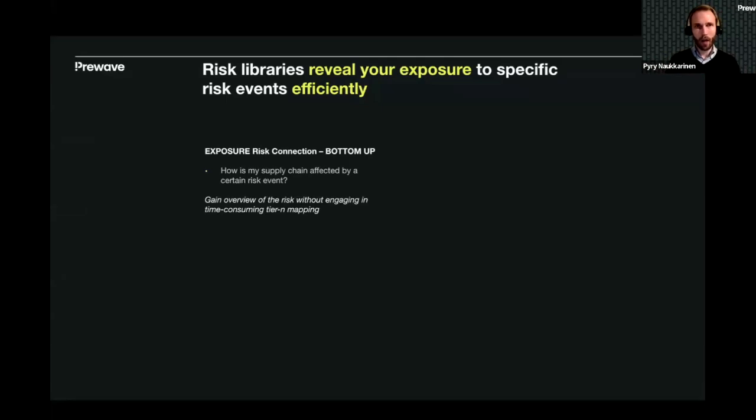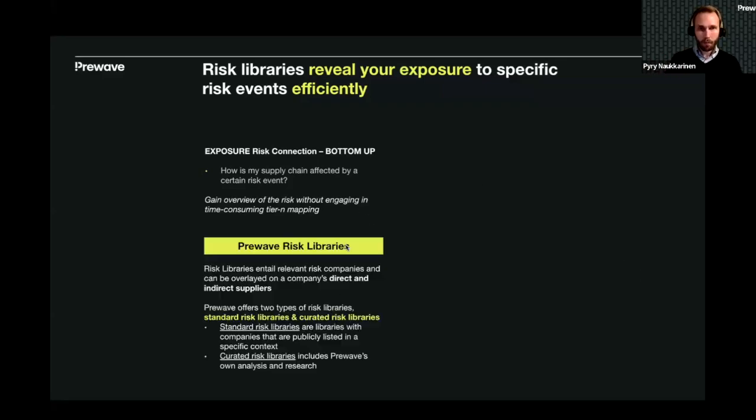So the part of figuring out the suppliers of your suppliers and their suppliers in several tiers of the supply chain. And how we do that is that we construct data sets from what we call bottom up. So in a normal tier N scenario, you would start from your own tier 1 suppliers, then start going down from there to figure out who are their suppliers, and then on the third tier, their suppliers. But what we can do is go the other way around, where we have some group of risky companies,